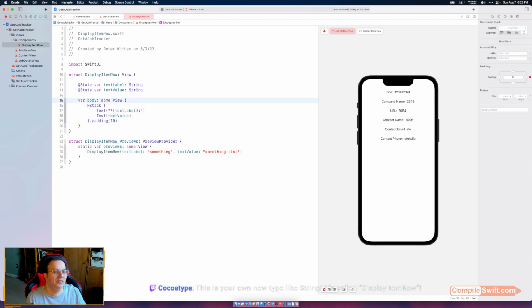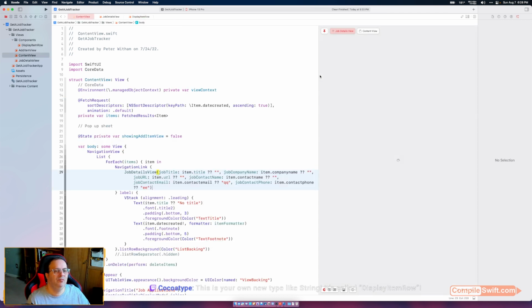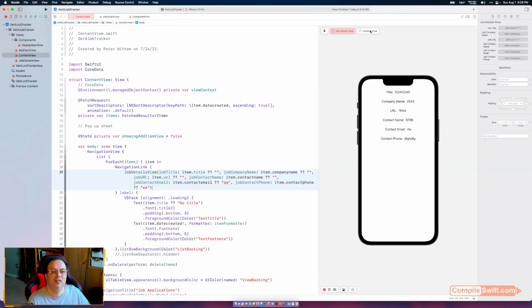I just realized I don't have a title on this. Let's go back to the content view here for a second. Let's see this in context. Yeah, okay. Want some more space at the top. Clearly the title, things have got to look better, but I definitely want some more space at the top. Right, so